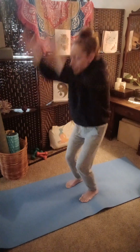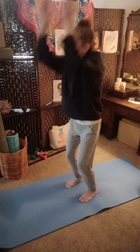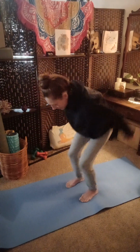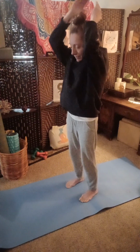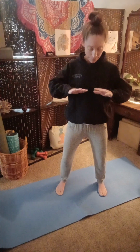Sparrow shaking the earth. Very similar to knocking on the door of life, except our hands do not contact